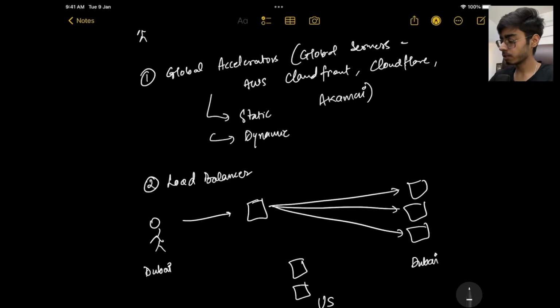But for some reason, these Dubai servers are occupied and not available right now. So the load balancer should automatically redirect the request to the US server, because, yes, low latency is not achieved here, but at the end the user should be served somehow. The user wants to see the response, right? So it should automatically go to the US and be handled. That is another way.